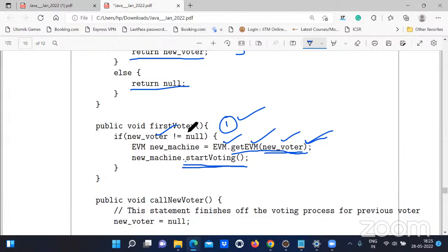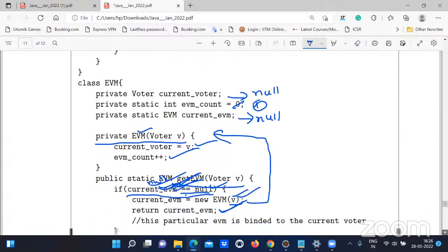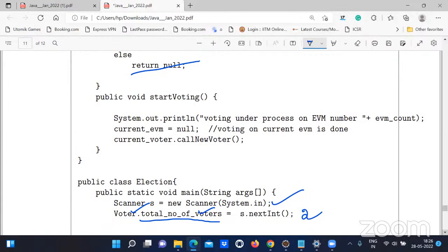Now both the instances are ready. Here the voter instance is ready and the EVM instance is ready. New mission dot start voting means now the voting process should start. Both the objects are ready. Now go to start voting. What is it going to print? Voting under process on EVM number